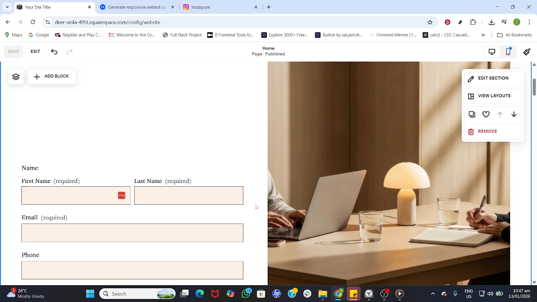That's it. You've successfully updated the email address connected to your Squarespace contact form, kept your on-page text in sync, and saved your changes so visitors can reach you at the correct